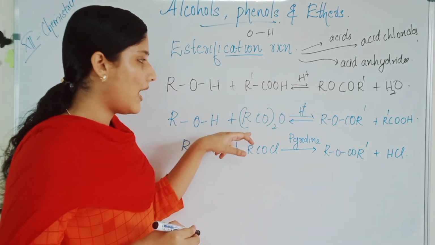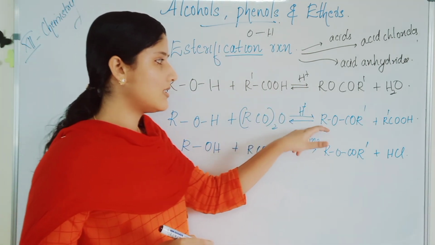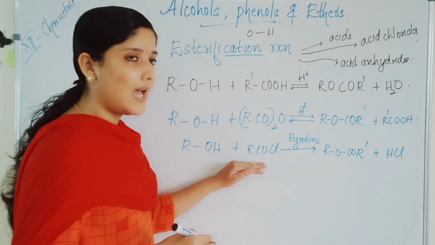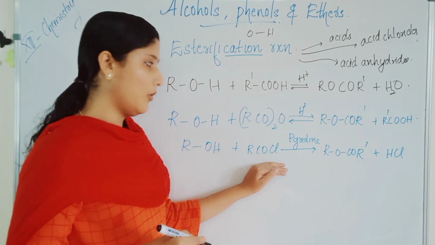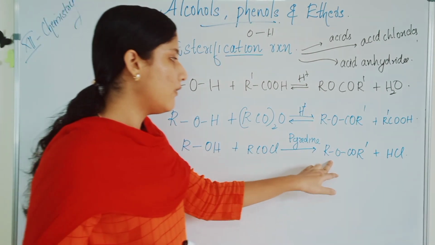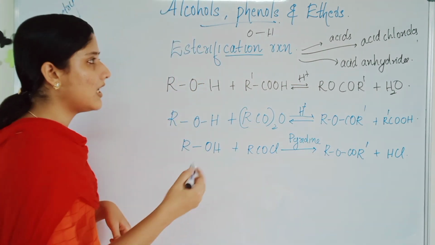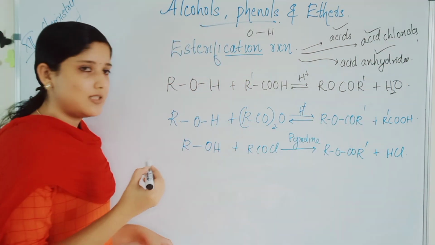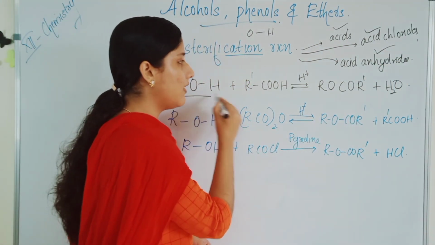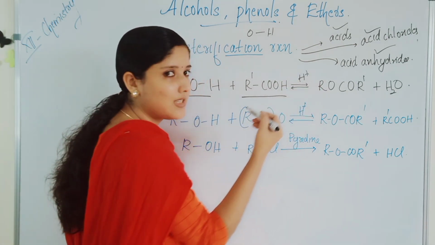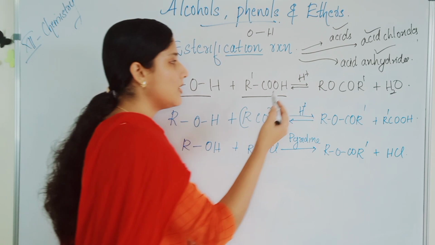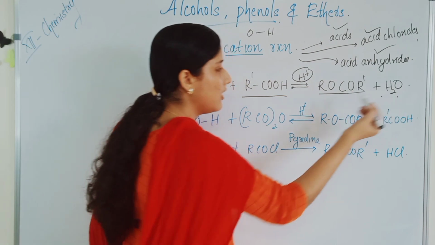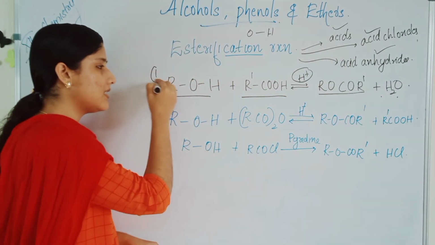Alcohols can also react with acid anhydrides to give you ester plus corresponding acid, and similarly alcohol will react with acid chlorides, or we can call them acyl chlorides, in the presence of pyridine to give you what? Ester. In all the cases, acids, acid chlorides and also acid anhydrides, the product will be an ester. So ROH, alcohol will react with acid in the presence of sulfuric acid, that will give H plus ions. It will give you an ester plus water, and this reaction is a reversible reaction.